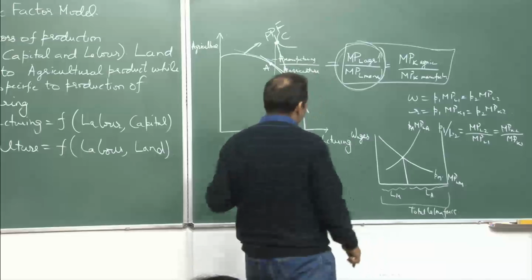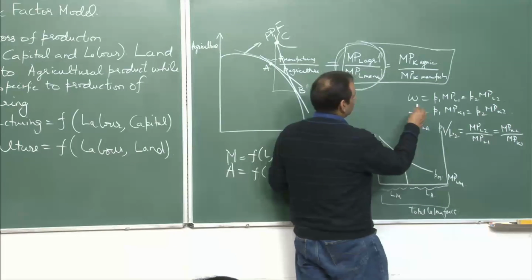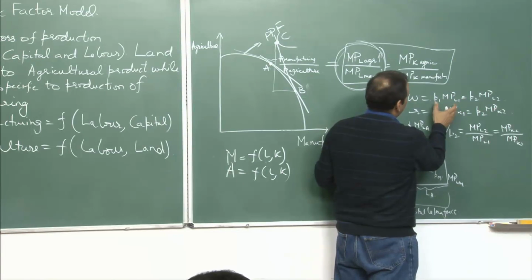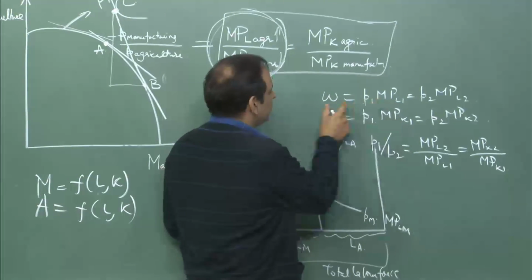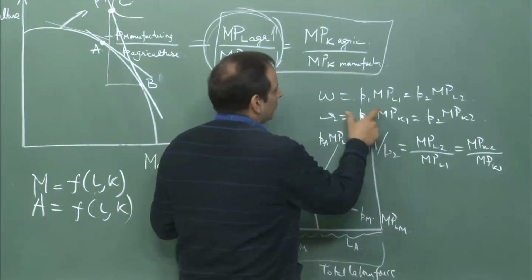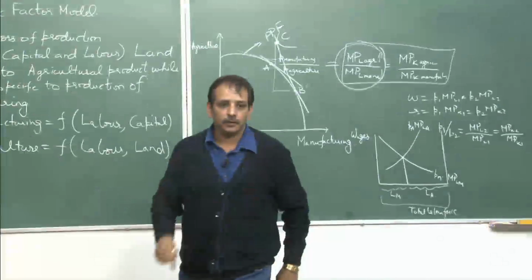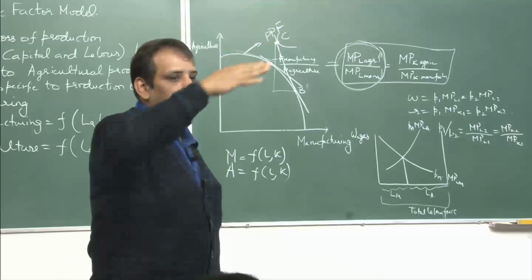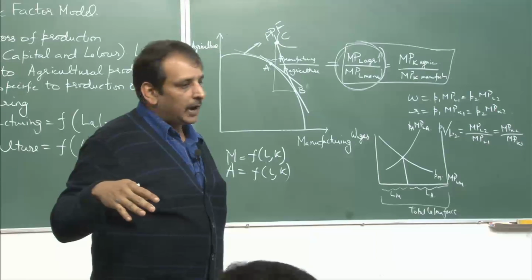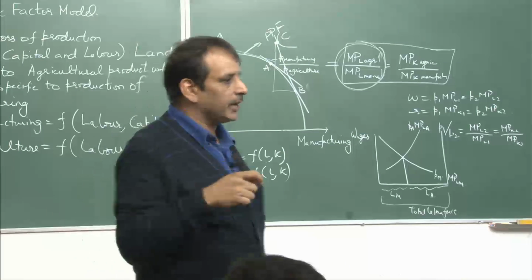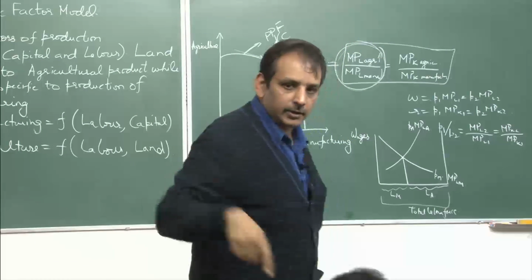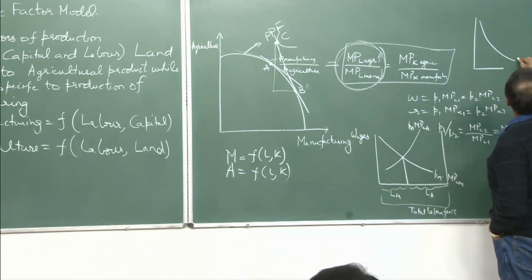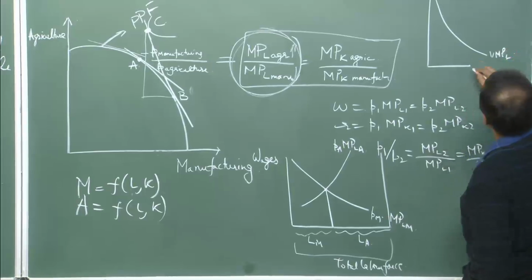And how are wages determined? Remember, wages are equal to the price into MPL. Wherever the value of marginal productivity is equal to the wage rate, this is how wages are determined. Now you have to recall from your microeconomic theory, there is something like a demand curve for labor. The demand curve for labor is called the VMPL. This is the VMPL, this is the demand curve for labor,